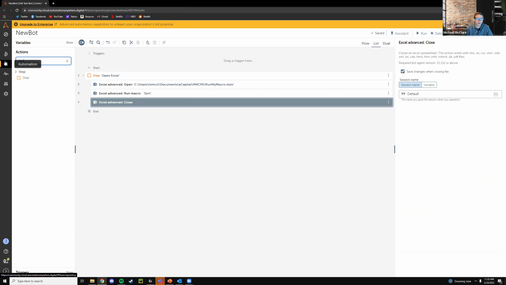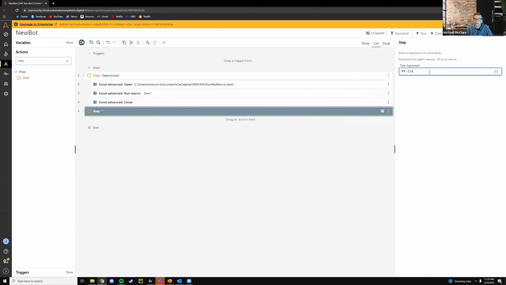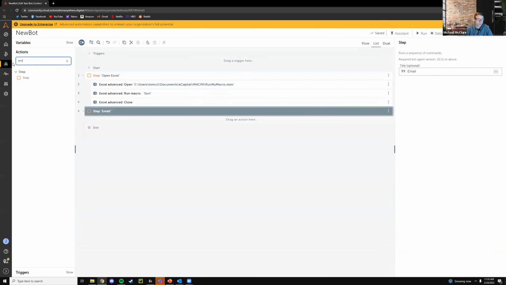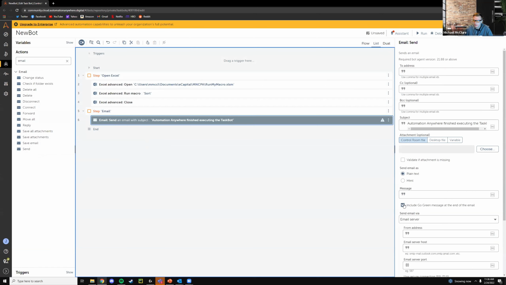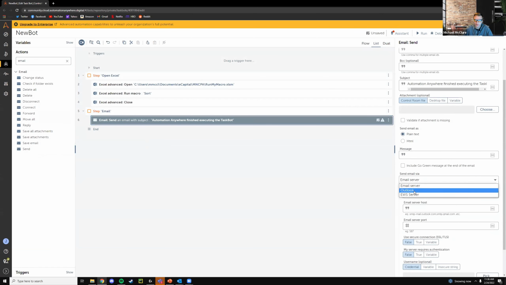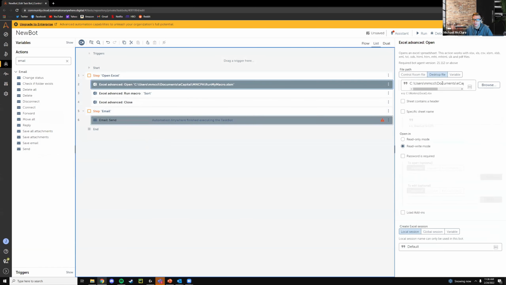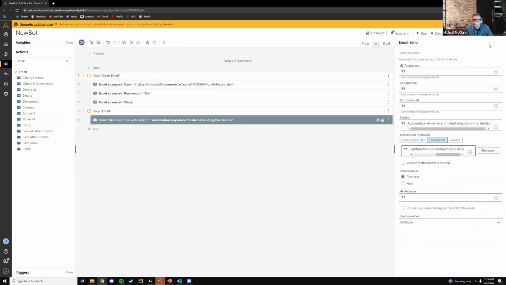But typically the next thing we'd want to do is actually distribute this information. So I'll drop a new step in here. I'll call it email. And then you can believe it, we are just going to search email in here and see what we get. So I see send email. I'll drag and drop that in. It says email server. If we just select Outlook, it'll automatically take our Outlook profile, and then we can go ahead and send it that document that we ran the refresh on. So I will put that in here, and I will just email it to